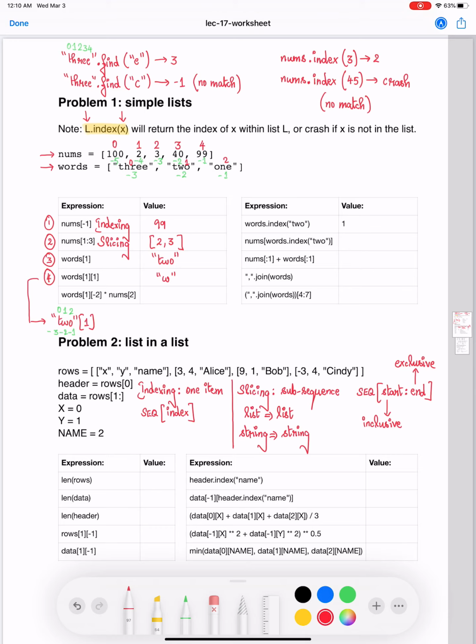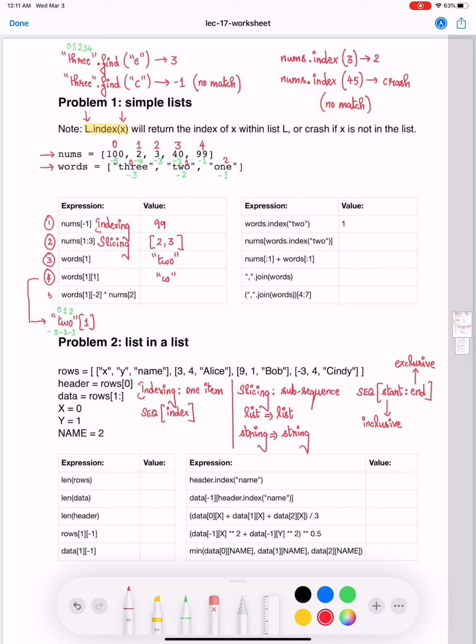Whenever you are indexing, if you index into a string, you're going to get one character. Always keep in mind that you're going to add double quotations around characters or around strings. If you extract an integer, then you're only going to get just the integer value, which was the case with subproblem 1 here. When you perform indexing, you're only going to extract one specific value.